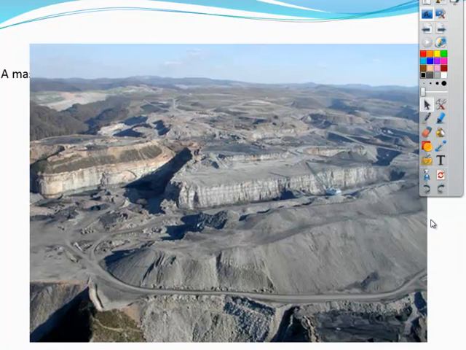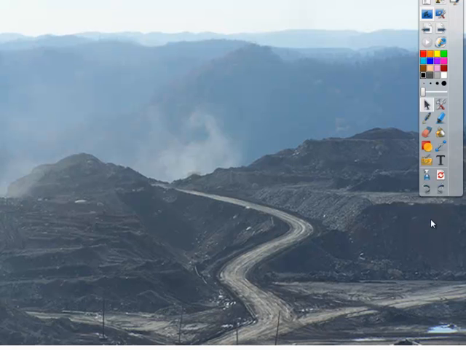Now, the problem is that when you do this, you literally shear off the top of the mountain. So what do you do with all that material that you shear off the top of the mountain? In the early 2000s, it became legal to take that material and dump it into the valleys where there are streams, because it was not, at that time, considered a pollutant. Therefore, they could dump it into the valleys and fill them up with this rock material that they were taking away to get to the coal.